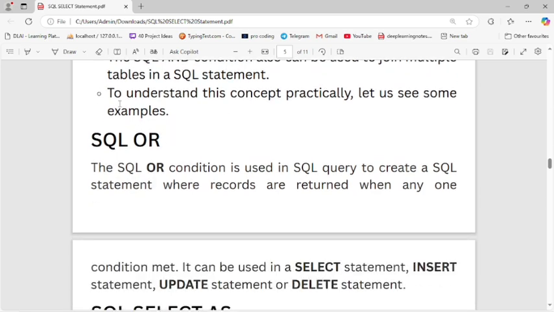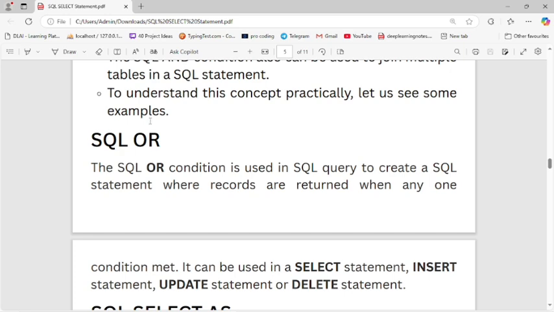To understand this concept particularly, let us take an example. We have already seen where the AND clause and WHERE clause are used.